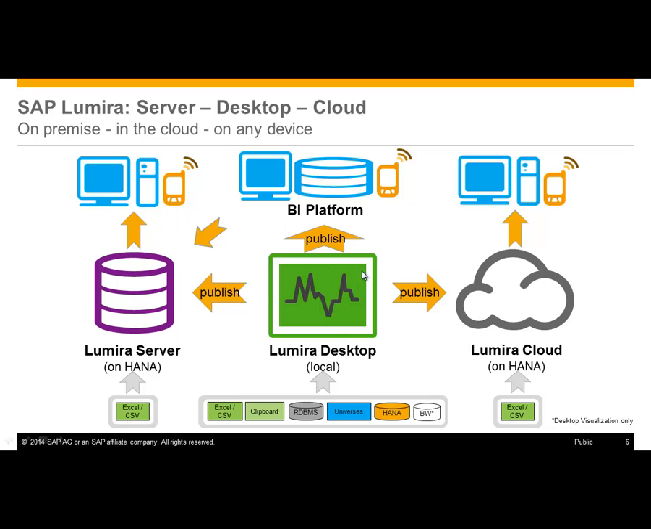So as I mentioned before, for the Lumira desktop, you have the capabilities to create visualizations and publish to the cloud, and also to the Lumira server. But now we also have the capabilities to publish to the BI platform. So all the visualization stories we have created, we could easily publish to the BI platform, and